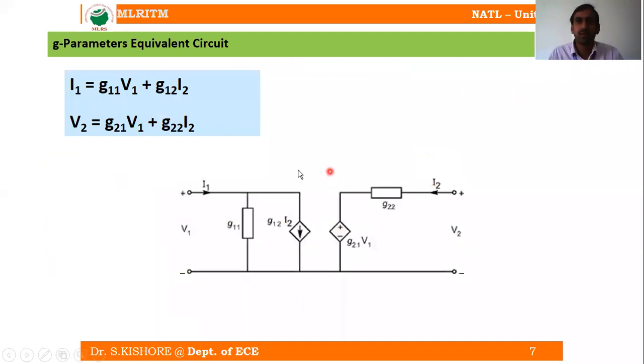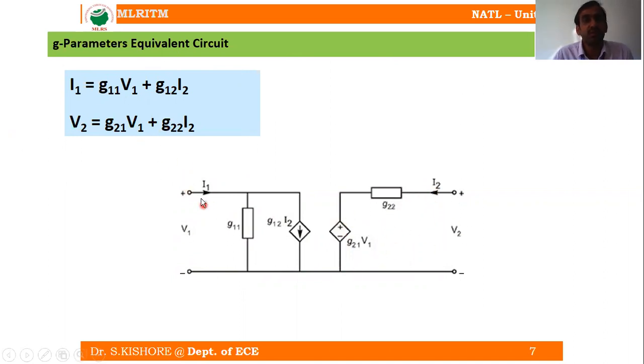So from these expressions, we have the equations. I am taking the same equations. I1 is equal to, so I1 is on the input side. Here I am taking the Norton's equivalent. As the output is V2, we are going to measure the voltage at the output. So that is the reason why we are taking the Thevenin's equivalent at the output. This is the equivalent circuit.